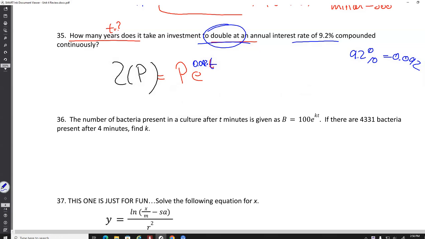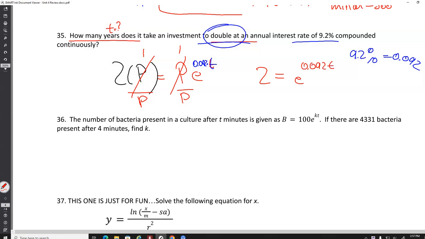Now remember the property, anytime I have something on both sides of the equal sign, I can drop it. So I'm going to drop these 2 P's, they're going to cancel out, okay? Why? Because if I would divide it by P and divide this by P, this is going to become a 1 and a 1. So it's just dropped. So what do I have left? I have a 2 left on the left, and I have an E raised to